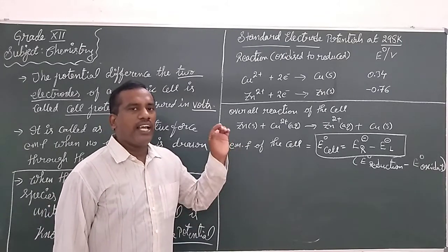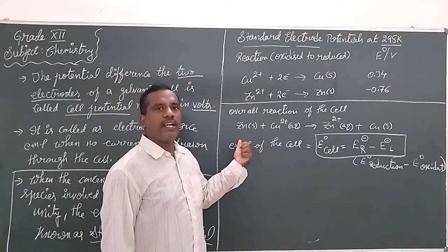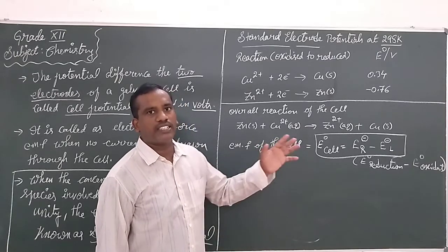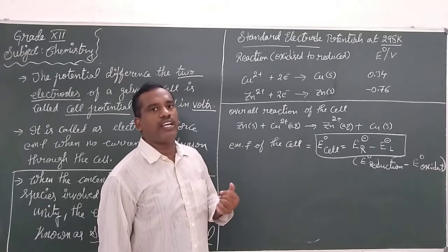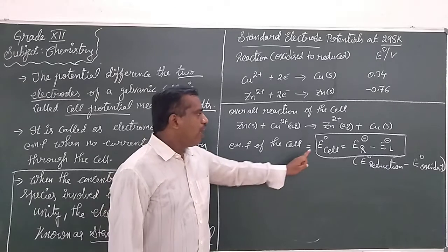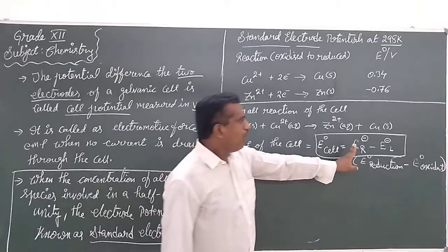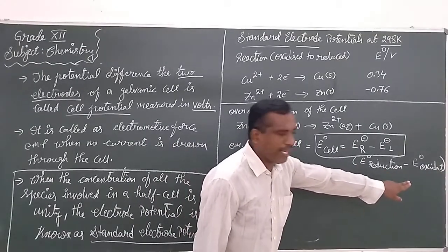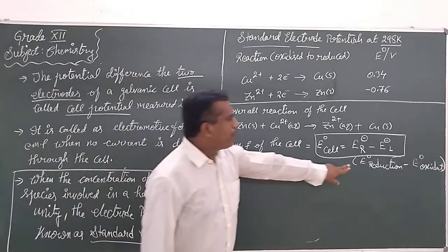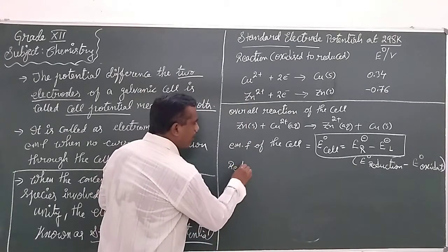It is nothing but a kind of displacement reaction in which a highly reactive metal displaces the least reactive metal from its salt solution. That is the fundamental we had learned. But now we are going on to how to calculate the electrode potential of this cell. So the reduction half cell minus the oxidation half cell electrode potential difference we need to make. Which one is undergoing reduction? The reduction half cell will be the